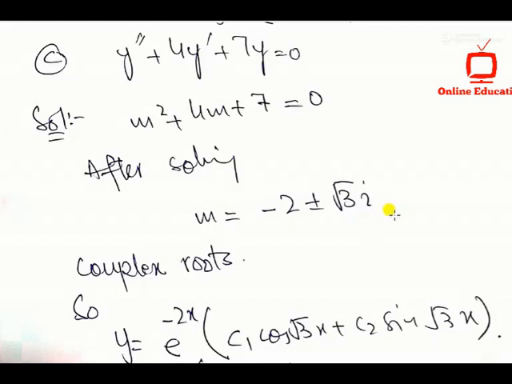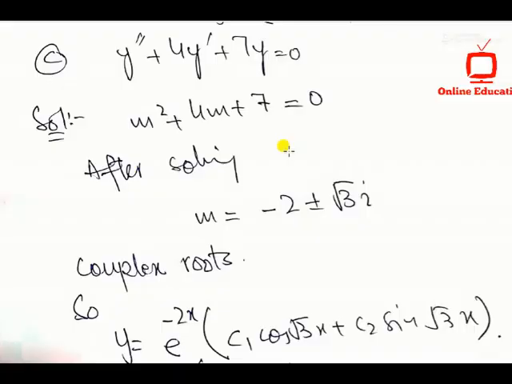Okay, so how will we write the solution? This is y = e^(αx) (c1 cos βx + c2 sin βx), where alpha is the real part of this complex root and beta is the imaginary part of this complex root. So it is the general solution of this differential equation, which was a homogeneous equation because the right hand side is 0. So you can now see homogeneous equations are easier to solve than non-homogeneous equations.